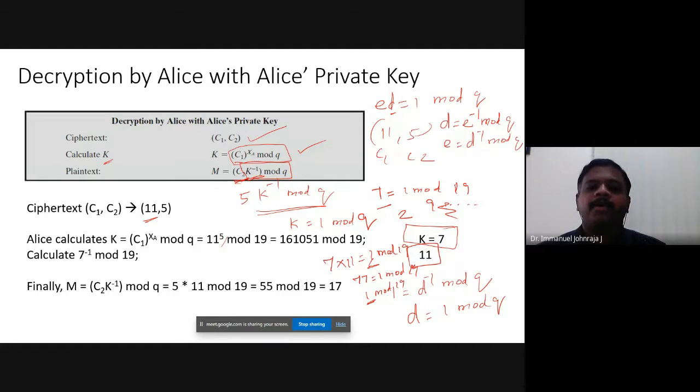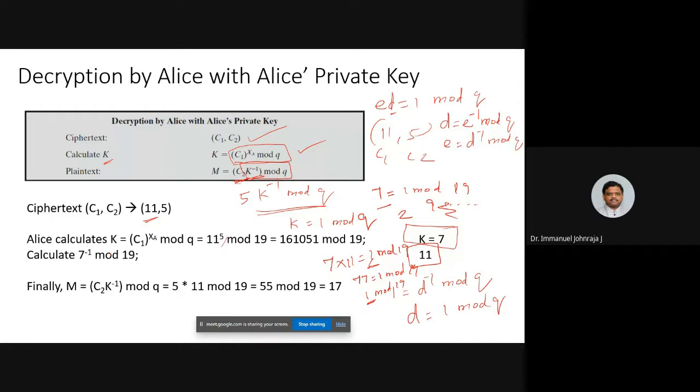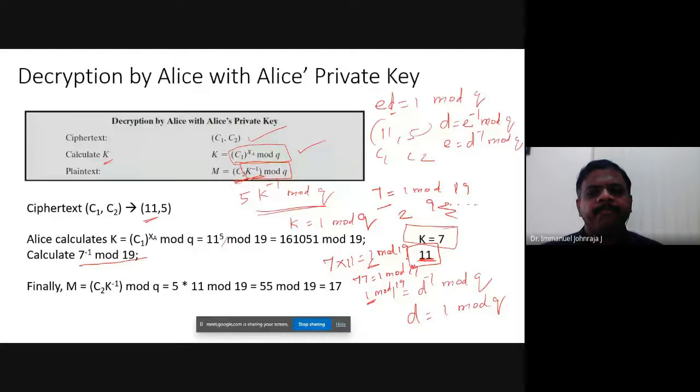This is the only place you may try, but we have experience of working with our RSA algorithm, so this should not be a difficult step for you. All right, so this is how we calculate this one. Once you calculate inverse mod q, you will have the value of 11. And after that, it's a simple multiplication.